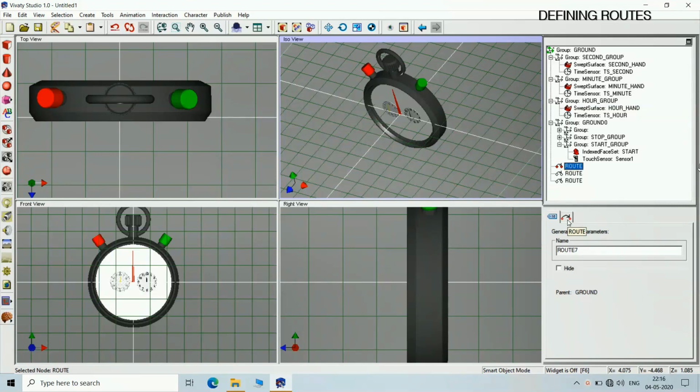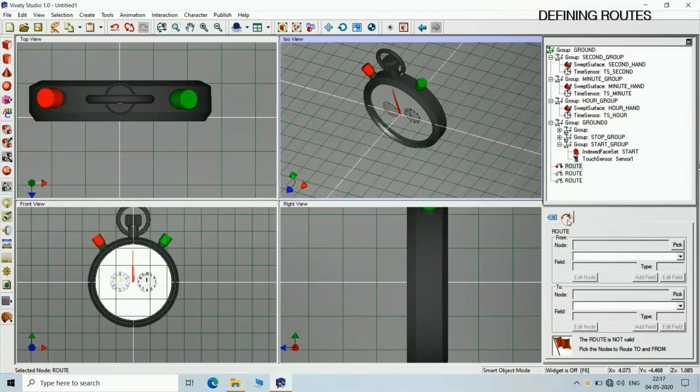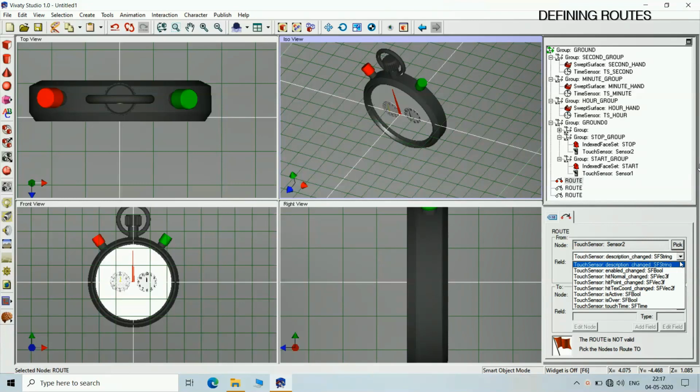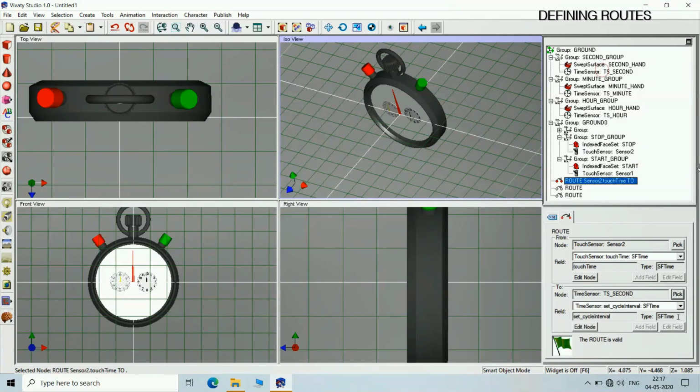So route first will be from the stop sensor, this is the stop sensor within the stop group, SF time, and this will stop the timer of the second. Here set stop time.